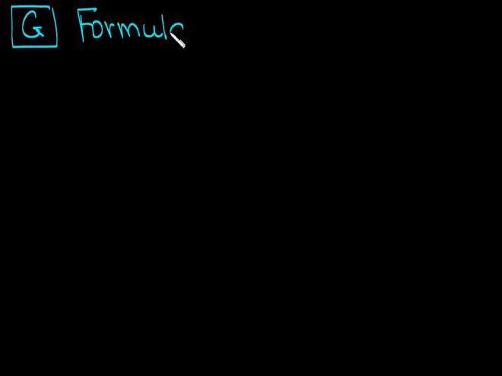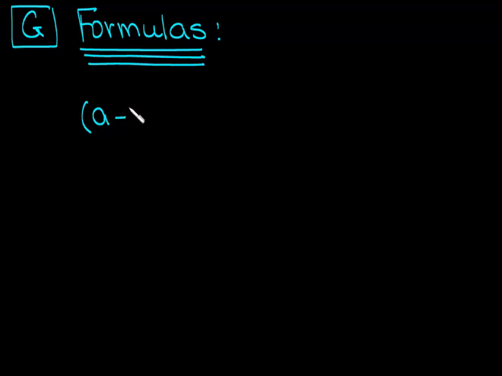So let's talk about some formulas. Always memorize formulas. It's very vital that you do that. The three formulas that you should always know, there's 6 total, but for now we'll just talk about these 3 here. If you're multiplying a minus b and a plus b,